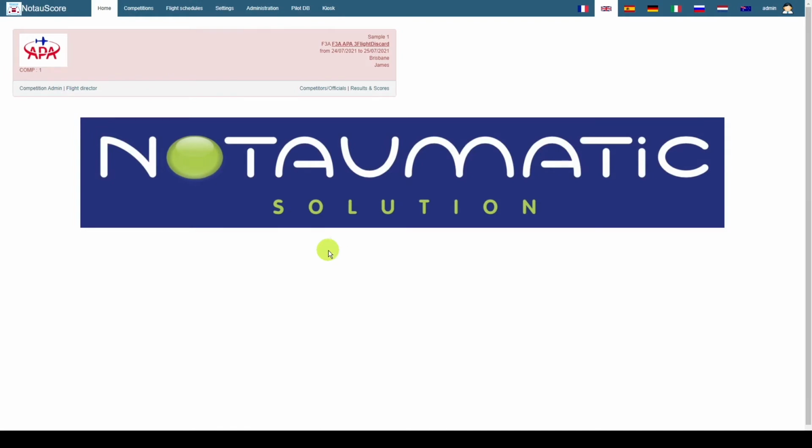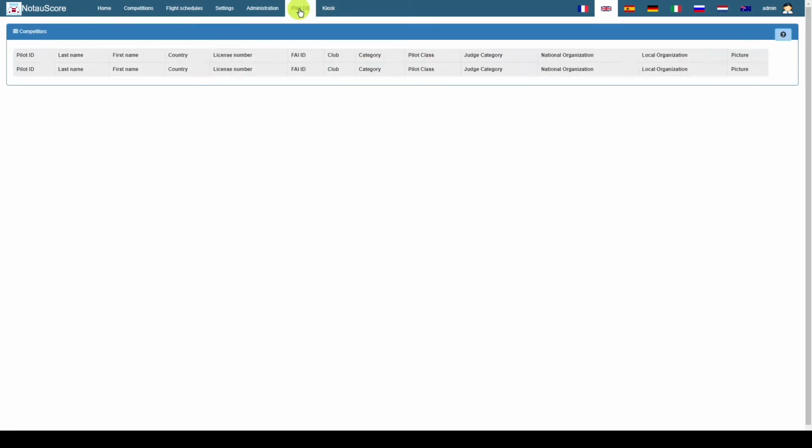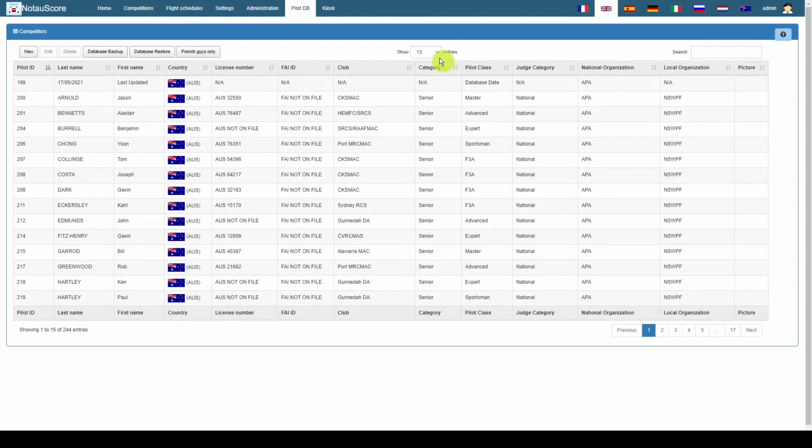That is the first step of setting up a competition using the generic judges panel. I'm now going to set up a second sample competition using a non-generic one. So I will have to create all of the judges panels myself, and I will have to create the judges myself, and I will do that using the Pilot database. I'm not sure if many of you have had experience using the Pilot database, but there is a Pilot database in the system here where you can get into a lot of detail.